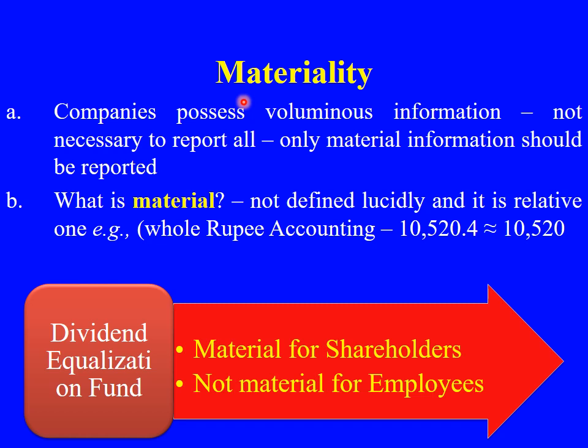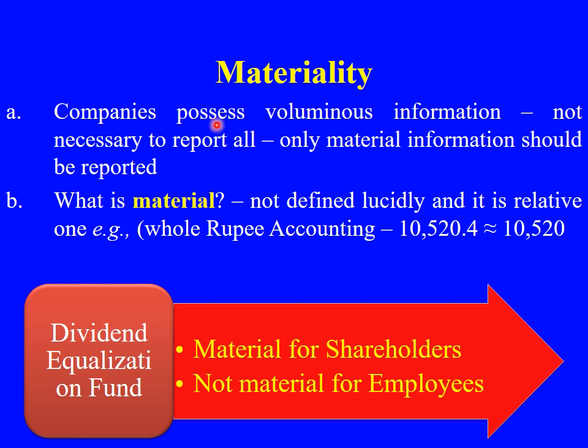If I am an employee, for me the material information is the company's profitability, because from that I get to know whether the company will operate in future, whether I will have the job, whether I will get a good salary, and all such estimation will happen for an employee. For an employee, dividend information is not required, because dividend information is required by the shareholders. Therefore dividend information will be material to the shareholder, not to an employee.